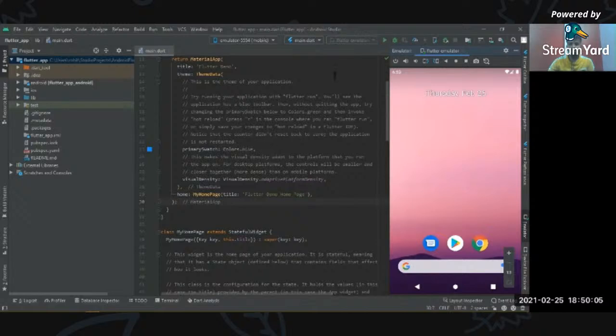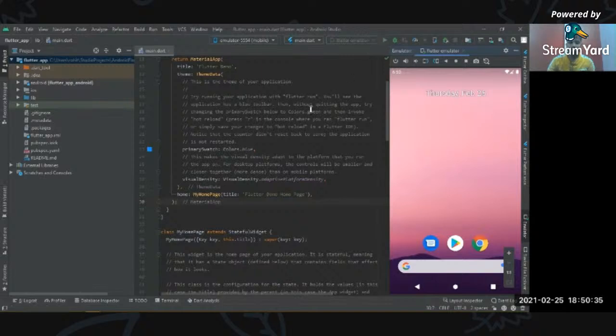So let's run our first Flutter app now. For that, you just have to click on this run button, the green play button in the Android Studio top bar. In the very first step, it will start with the Gradle build. It will configure all the dependencies for our project.